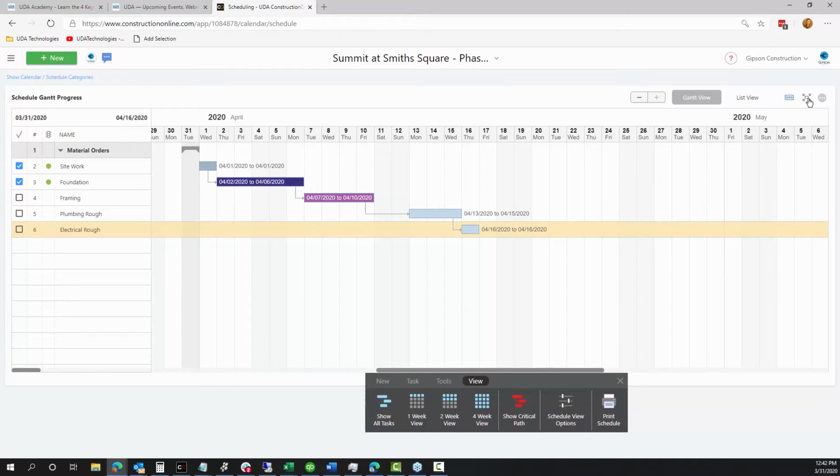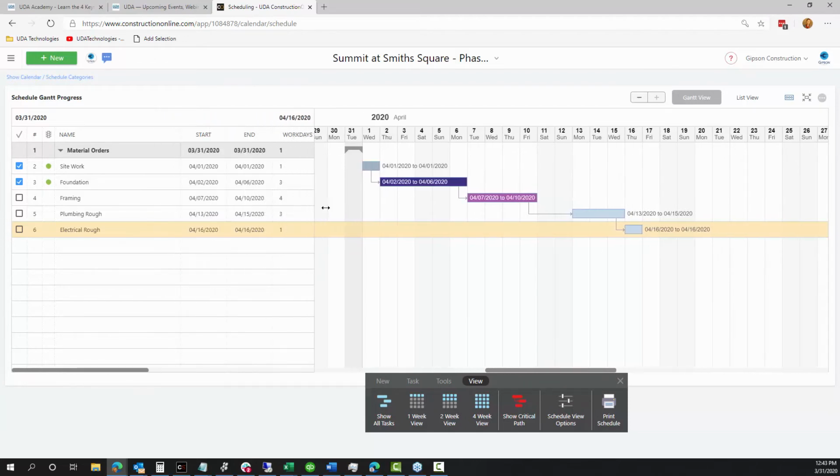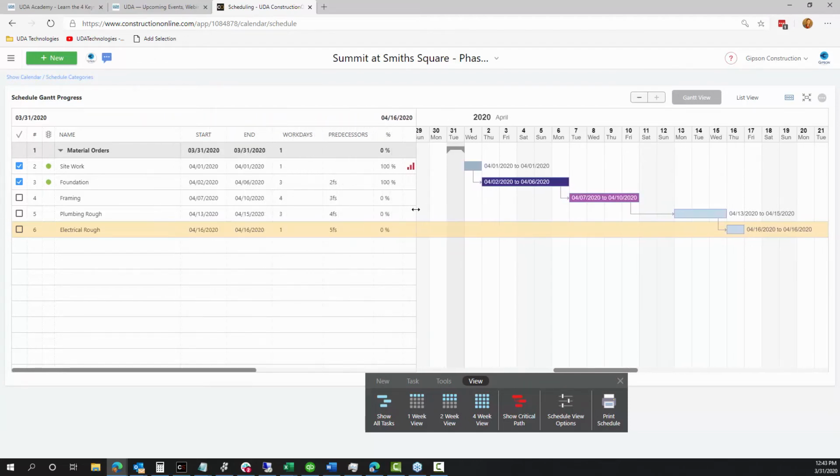And the same is true for the task names as well. It's a lot easier to just look directly at the Gantt chart and see the names as opposed to looking back to the left and then looking back to the right. Again, the view options might change depending on the screen that you're working on or what you prefer. But to access these options, all you need to do is open the toolbar and look in the schedule view